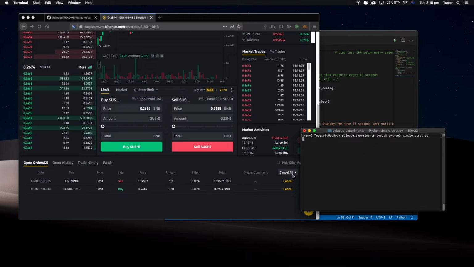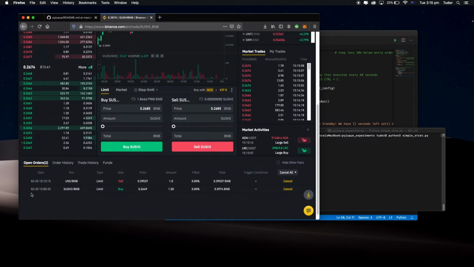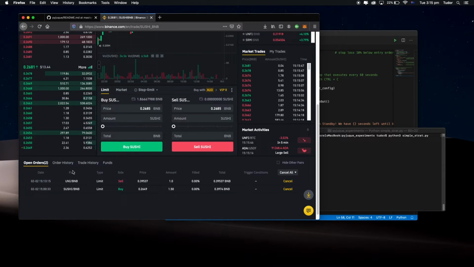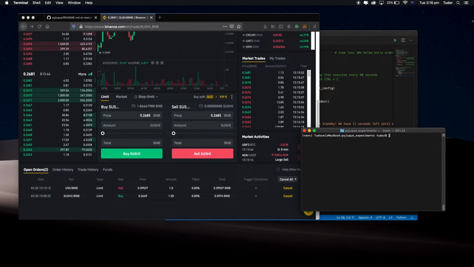pushed it, but in the meantime the uni BNB order was filled, and now we're selling. So let's see. So order history, we bought this, we paid in total 38,385, and the sell order is at 39,537. So yeah, that's about like 3%. There's an improvement to be made, because normally